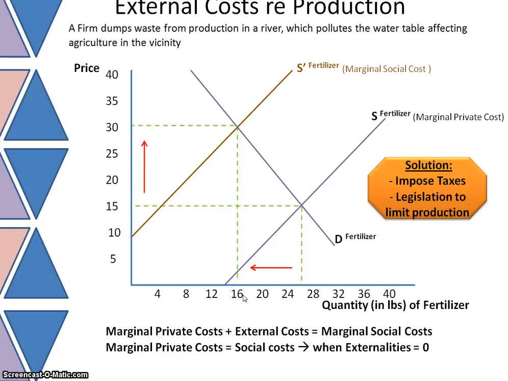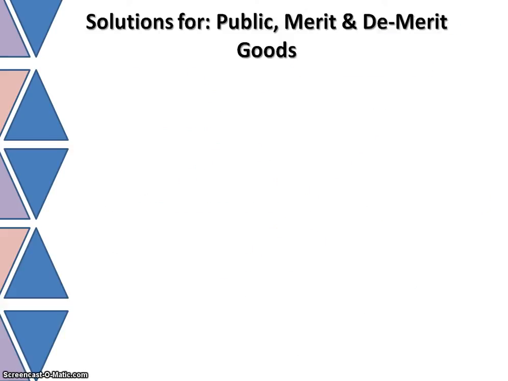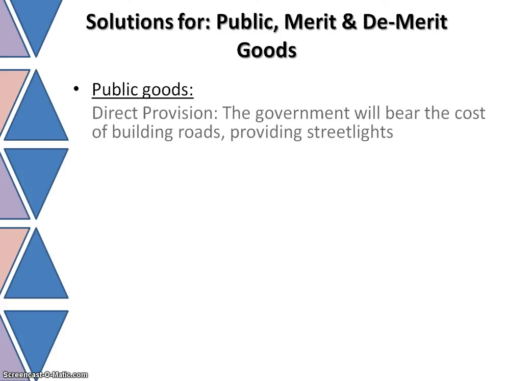So far we have discussed solutions for external benefits and external costs. How can we combat public goods, merit goods and demerit goods? Remember, public goods are those goods that will not be provided by the private sector but are actually in demand by the public. People want these goods, but because of non-excludability and non-diminishability, private firms will not provide them. Well, the only option is that the state must step in. The state must intervene and provide these public goods. So we see here direct provision is the only solution for the provision of public goods.